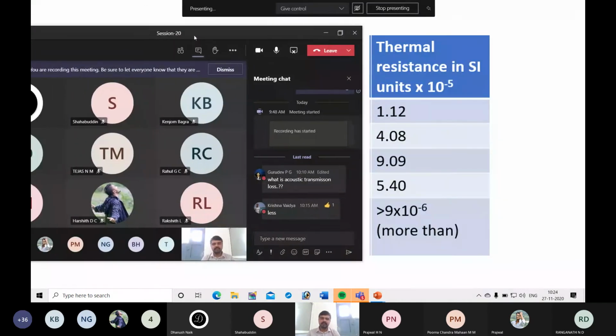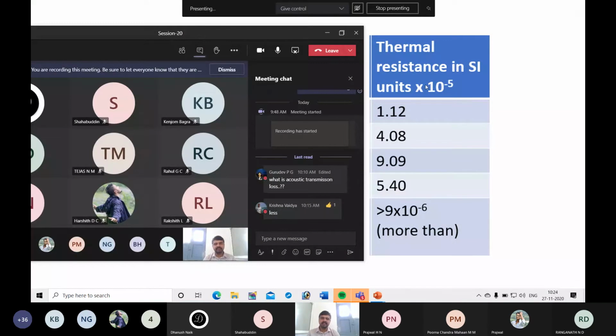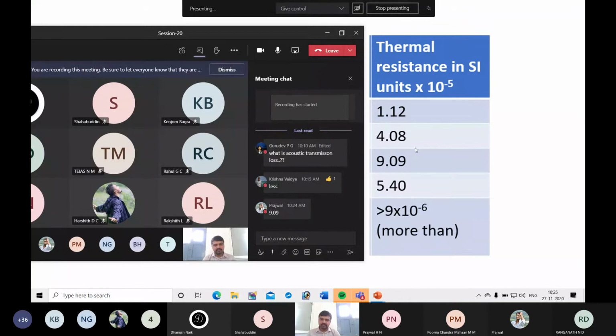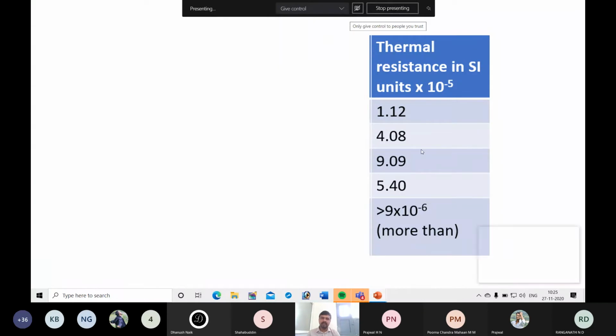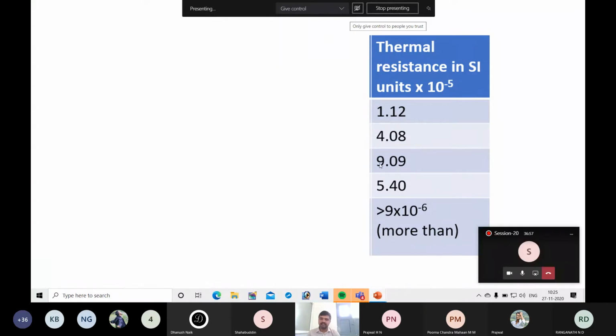Okay, here which is the most preferred material if you consider thermal resistance as the quality dimension? A, B, C, D. Which one do you prefer? C. Okay. So we know the material should withstand high temperature. That means it should have very high thermal resistance. We will prefer C. It is having 9.09. So now for C, what value you are going to assign? You are going to assign 9. Okay, since it is the most preferred material, since it is having very high thermal resistance, it is more preferred.